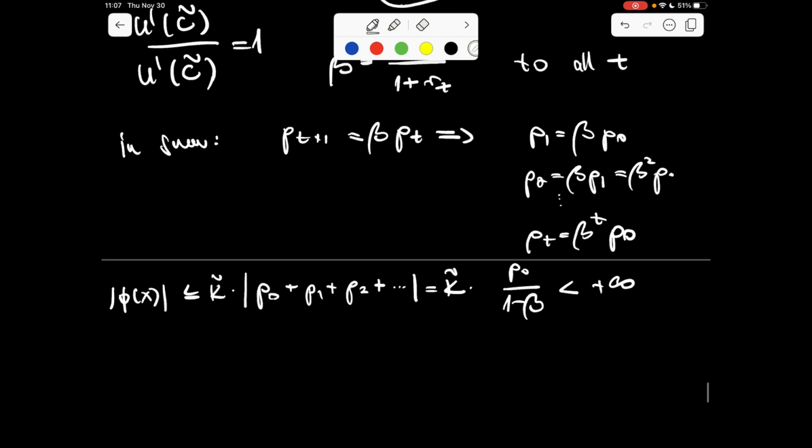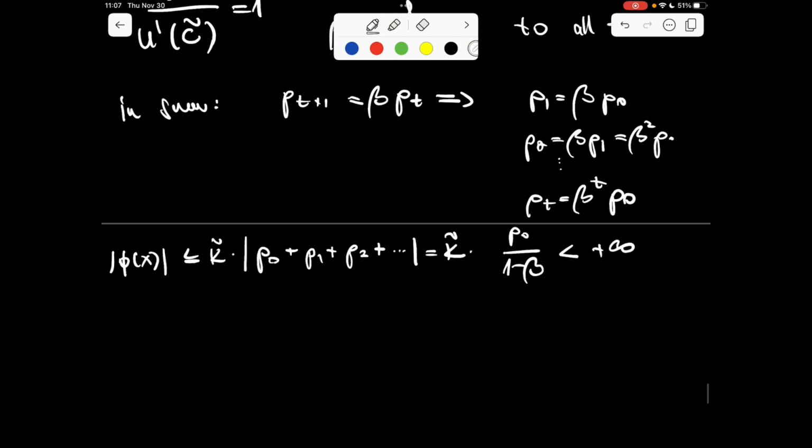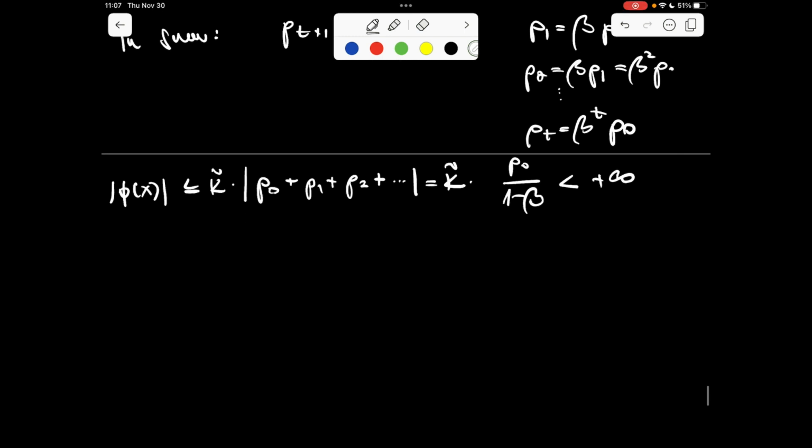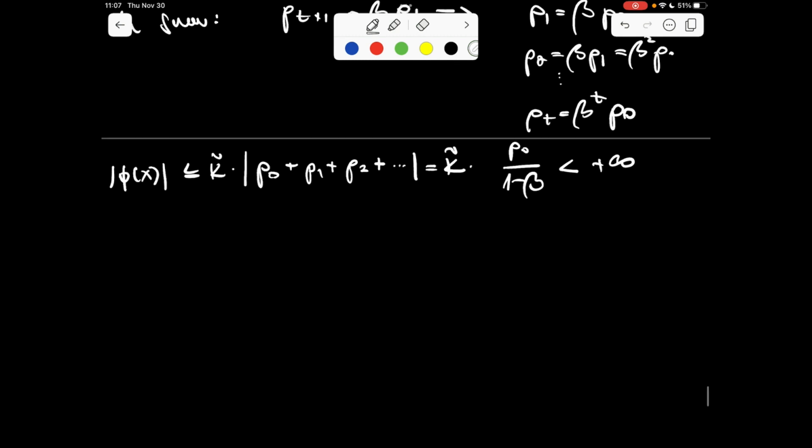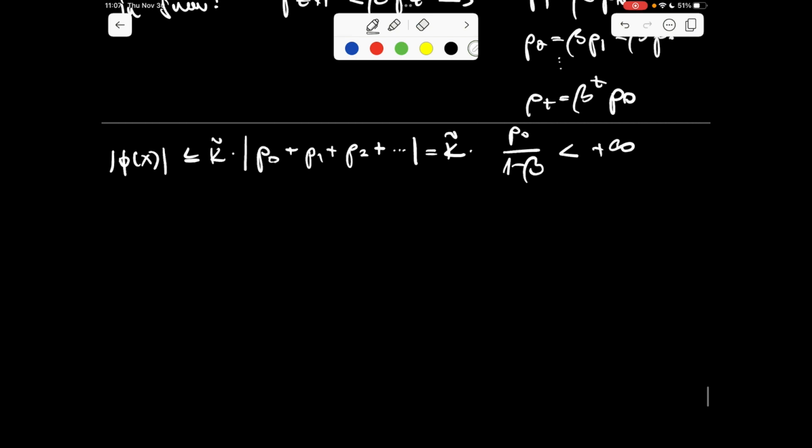Okay. Here we assumed that we are in the steady state. Given the fact that the system converges towards the steady state only in a finite number of periods,